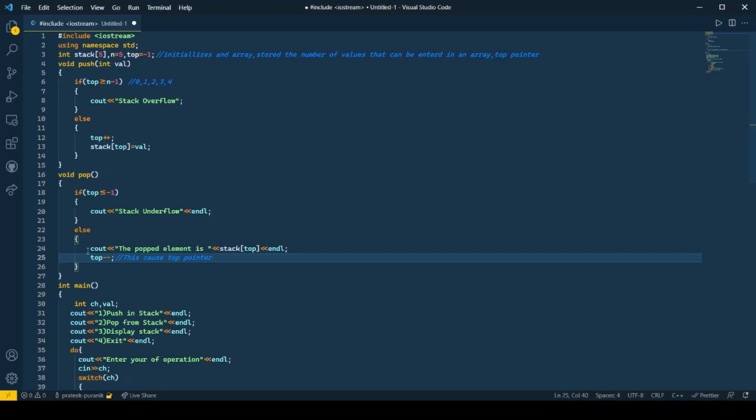So we are not as such deleting the value, we are just decrementing the top pointer, so that next time we perform the push operation, we are simply overwriting the value which has already been written. So it is as good as deleting a value from the array. Okay, so this causes the top pointer to be decremented, which is as good as deleting a value.